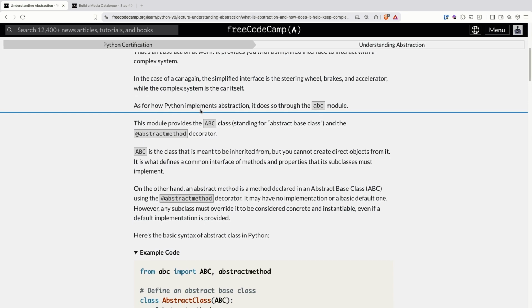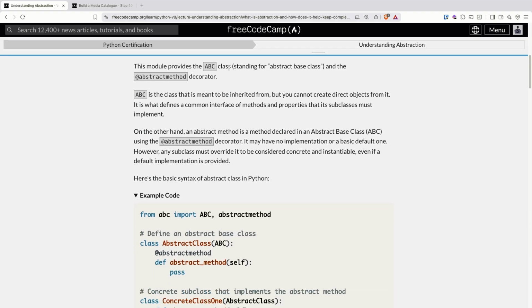As for how Python implements abstraction, it does so through the ABC module. This module provides the ABC class, standing for Abstract Base Class, and the abstract method decorator. ABC is the class that is meant to be inherited from, but you cannot create direct objects from it. It is what defines a common interface of methods and properties that its